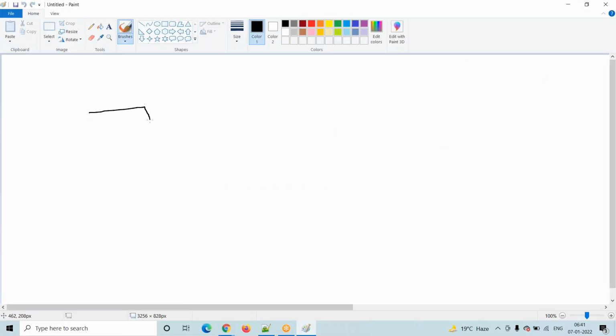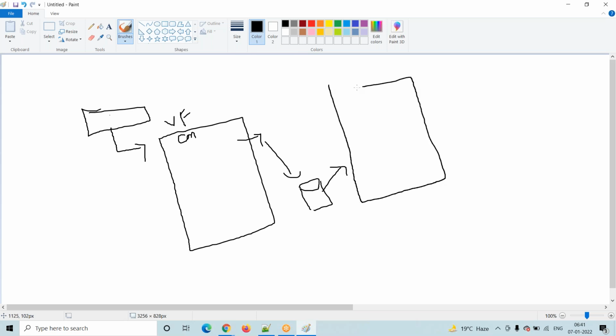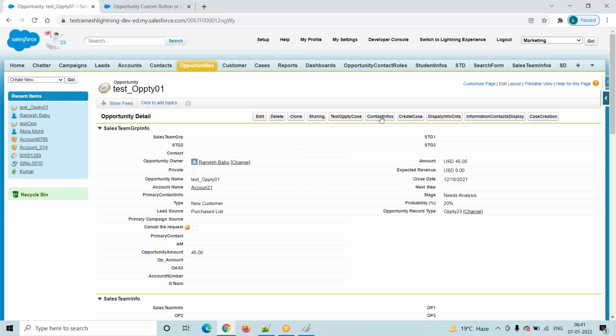See, we are clicking on this particular detail page button. When we click on it, it will internally call the Visualforce page. In the Visualforce page we are using a controller, right? Controller is nothing but an Apex class, a server side class. So it will go to that particular class. In that class, what is it executing? In the constructor we implemented logic, right? Not in a method. Whenever we click on this detail page button, we should implement the logic in the constructor.